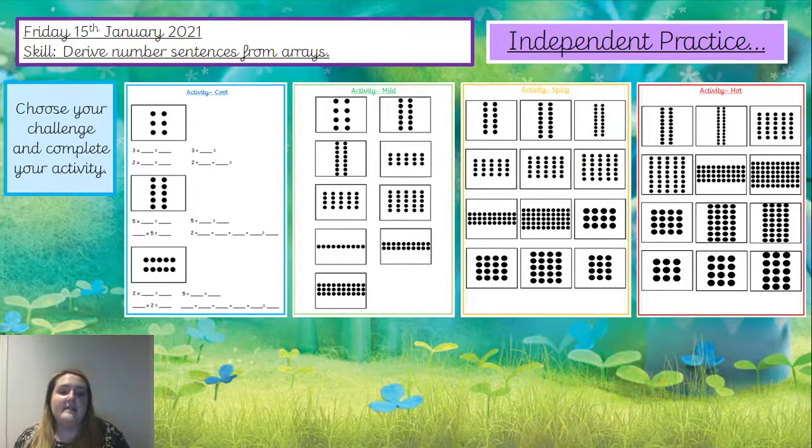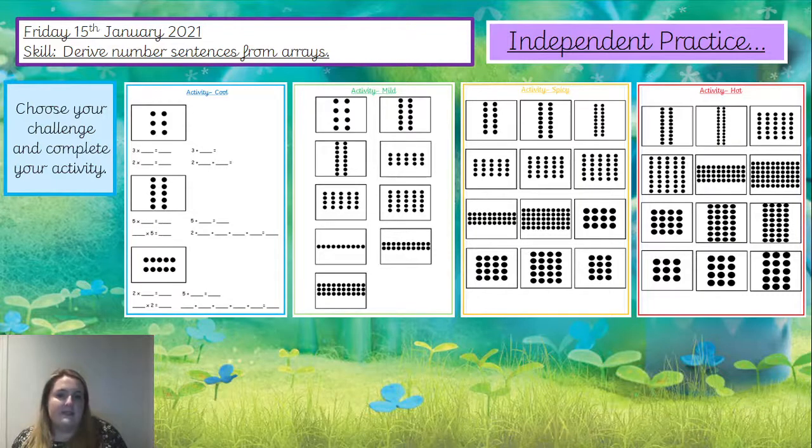So as you can see, mild, spicy and hot, all of these worksheets on these pages are going to be underneath this video on the school's website, and you can just click on those and you can print them out and you can cut out the arrays. If you don't have a printer, you can draw the array in your book from this sheet. So pick one of the arrays you'd like to draw in your book, and then still write the 4